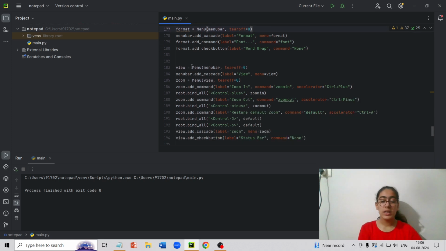Next we have view equals to menu bracket menu bar comma tear off equals to 0. Here also the same thing is there. I just want to explain a little bit over here. We have bind all bracket inverted commas control slash plus. So if you look at your keyboard right now, you have a control and a plus sign. So what you need to do is click on control and at the same time click on plus sign.